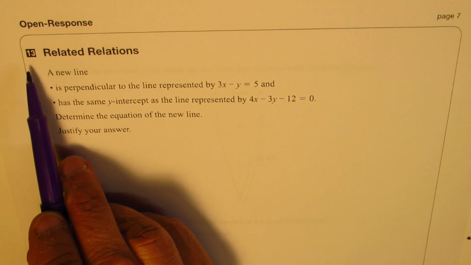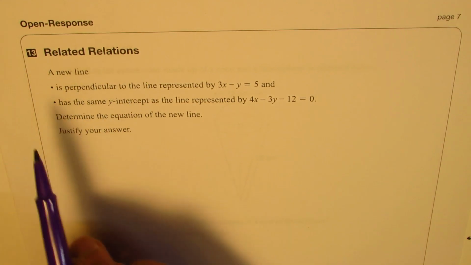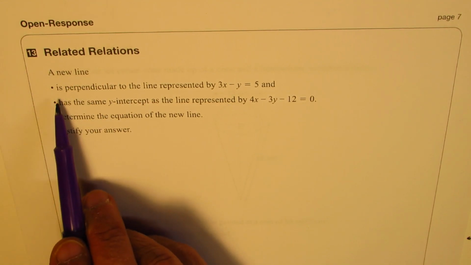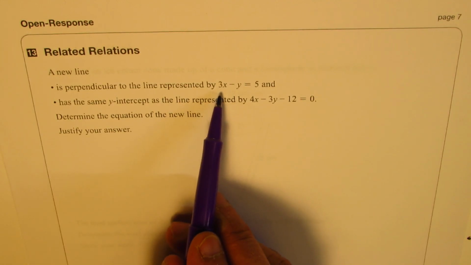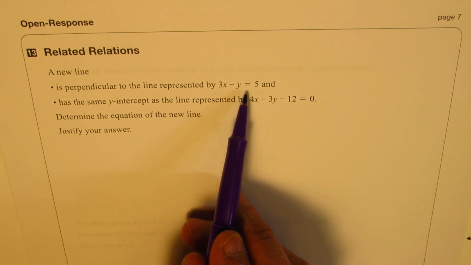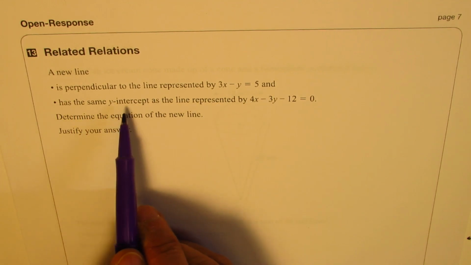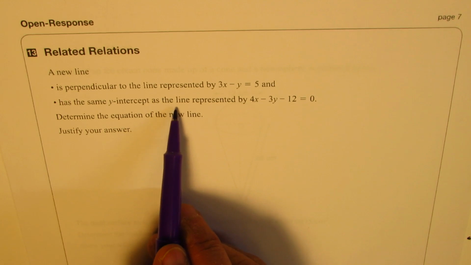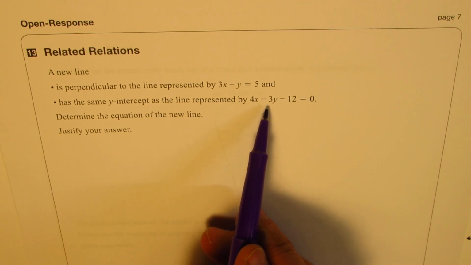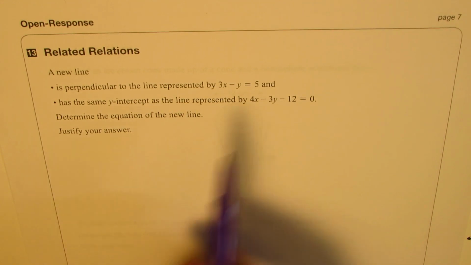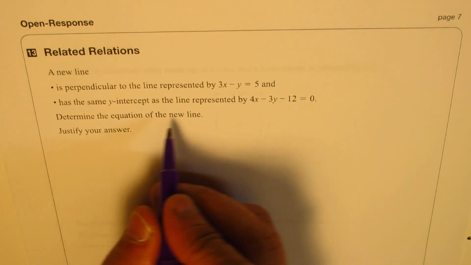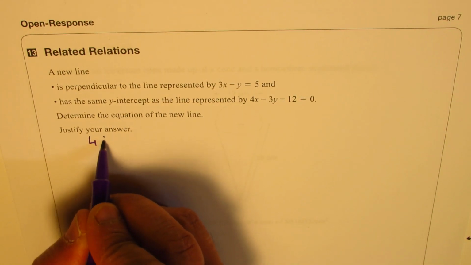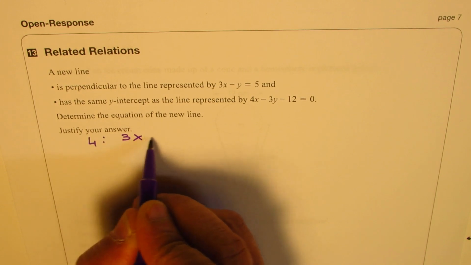Now here the question number 13 is related to relations. A new line is perpendicular to the line represented by 3x minus y equals 5 and has the same y-intercept as the line represented by 4x minus 3y minus 12 equals 0. Determine the equation of the new line. Justify your answer, right? So what we are given here is line 1, which is 3x minus